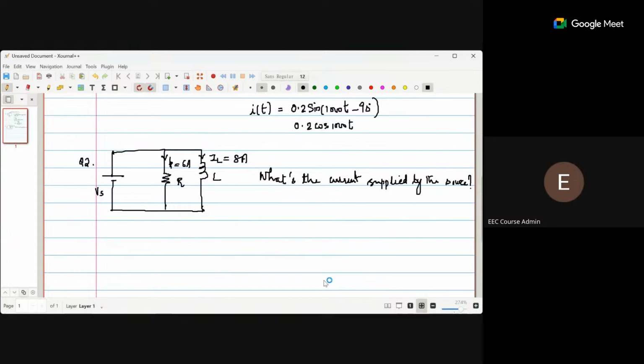Okay, so it is the vector sum of these two, correct? So the current supplied by the source will be